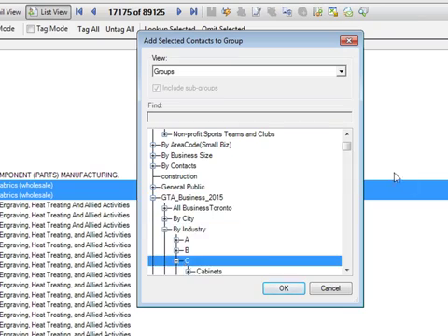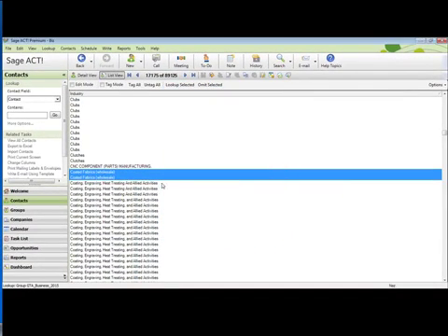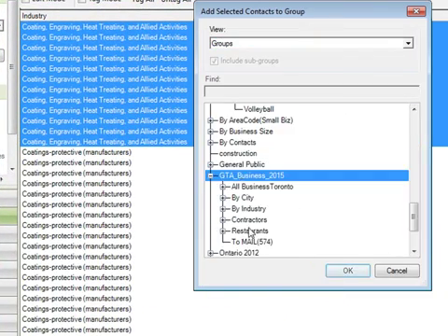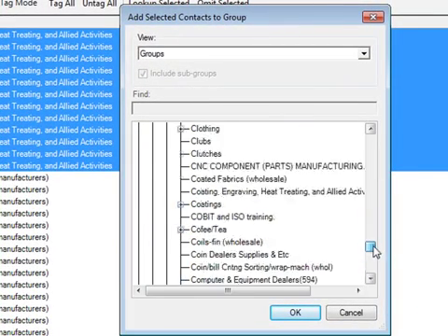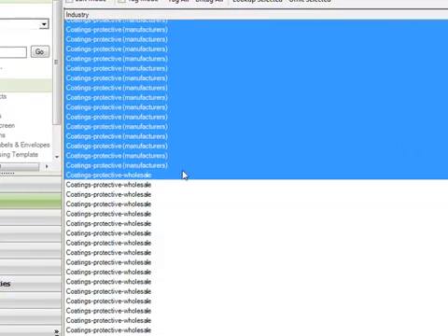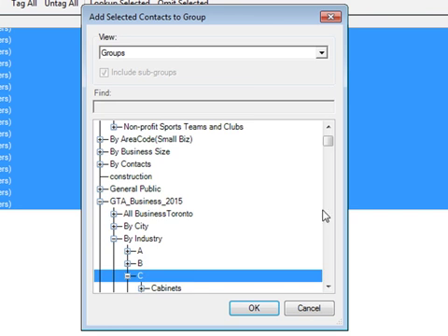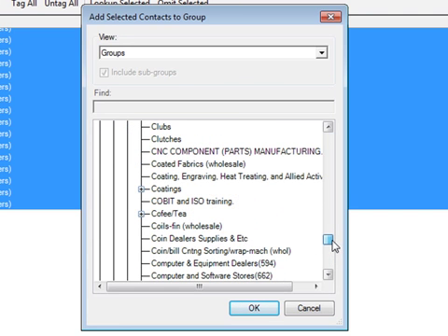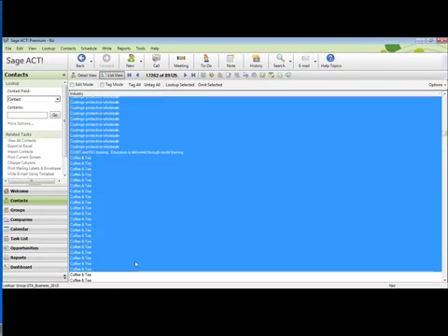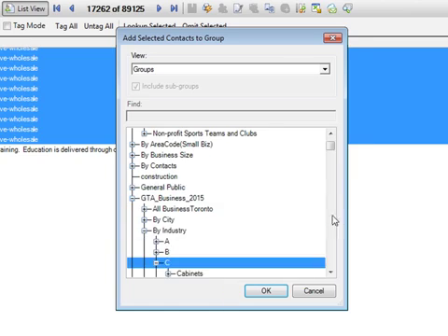Go industry, coated fabrics, enter. And once you get the hang of it, you'll get really fast. Coating and engraving, industry C, coating, okay, coating protective, add contacts to group, general industry C, okay, coated protectives. So I went here, coated protective manufacturer, contacts to group, industry C,